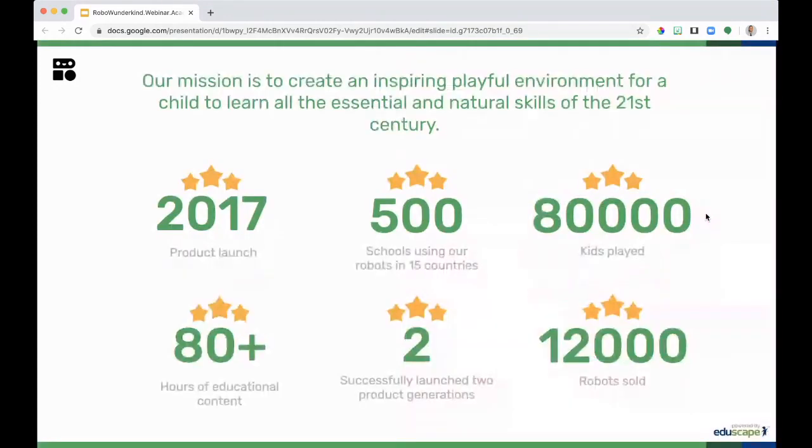The company Robo Wunderkind was launched in 2017 with the mission to create and inspire a playful learning environment for all children to learn the 21st century skills. Robo Wunderkind is now located in 15 countries and offers successful educational content and robotics kits.